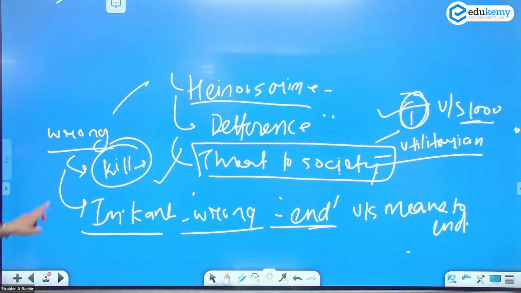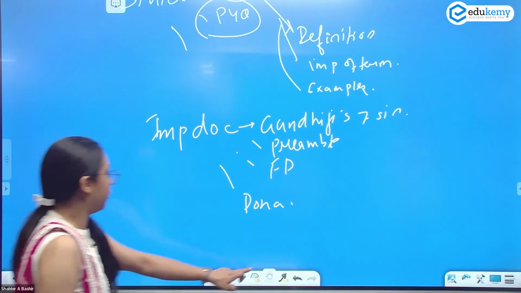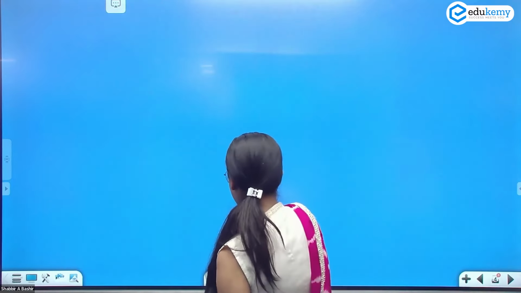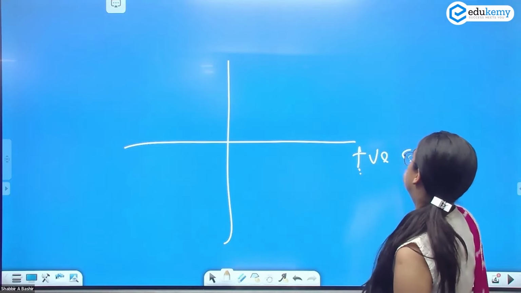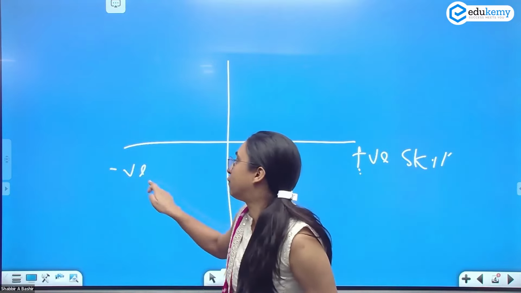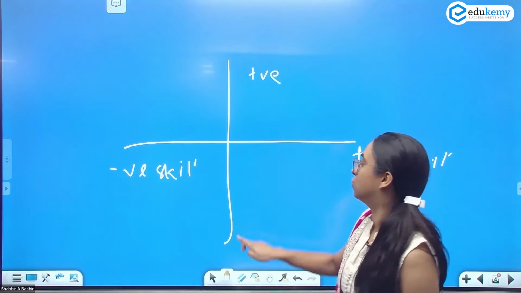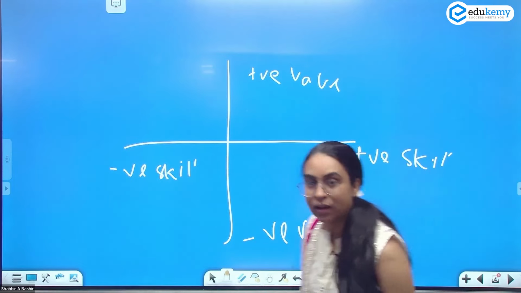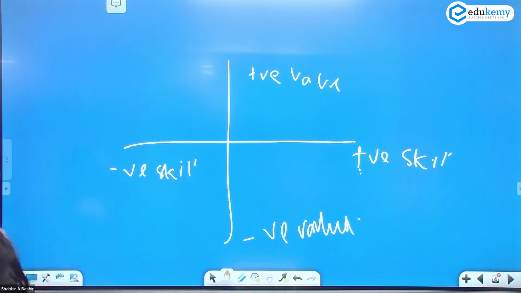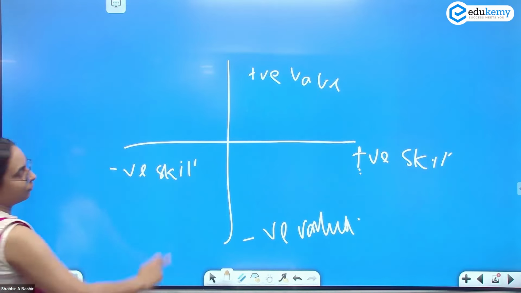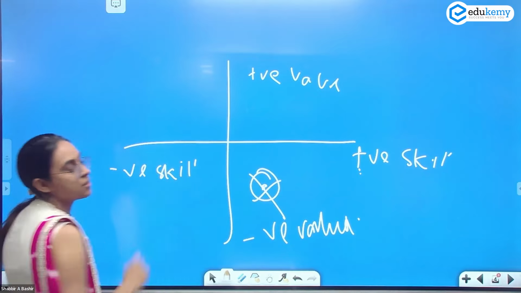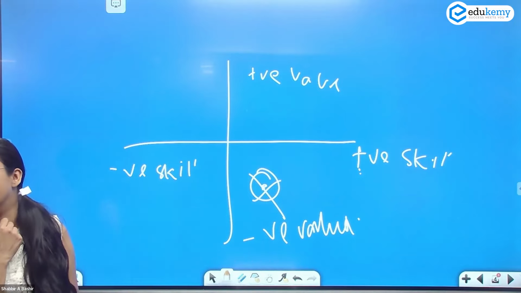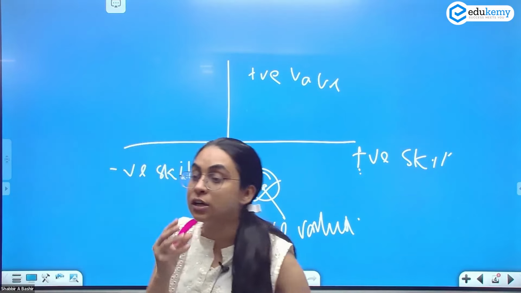You have this quadrant, right? You remember the quadrant that you had? You will have positive skills, negative skills. You have positive values, you have negative values. So if you have aptitude, why did this paper come? So that we do not get trapped in this situation. This one, we should not be trapped in this situation, where you have positive skills, very intelligent, but you have negative values. Then you will not be serving the public.